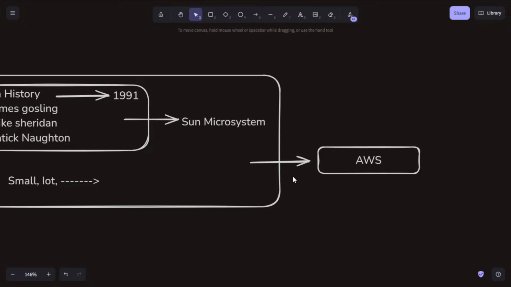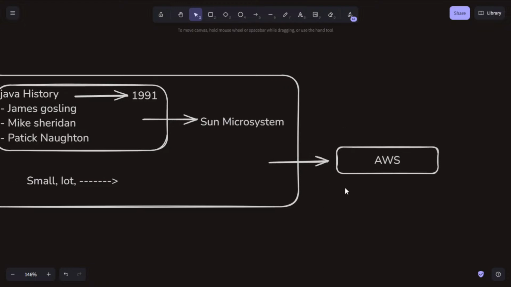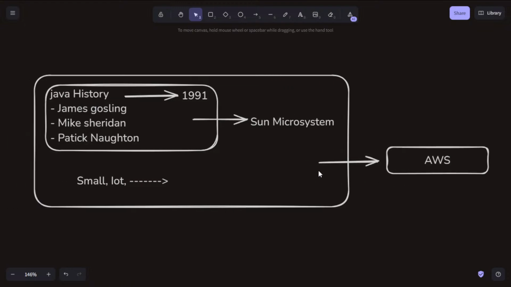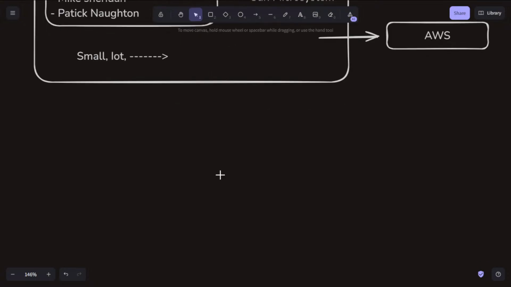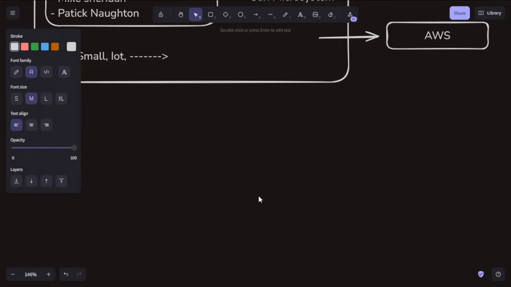In earlier times, Java was not called Java as a programming language. It was called Oak. And what is Oak? Oak is a symbol of strength, a national tree.